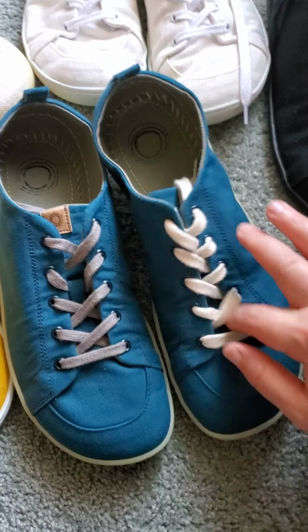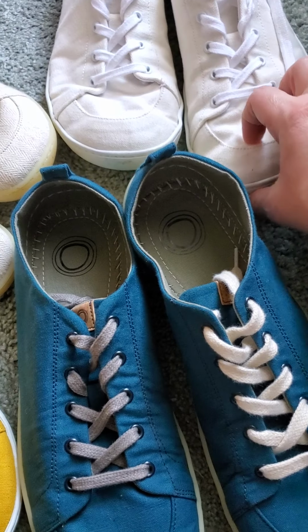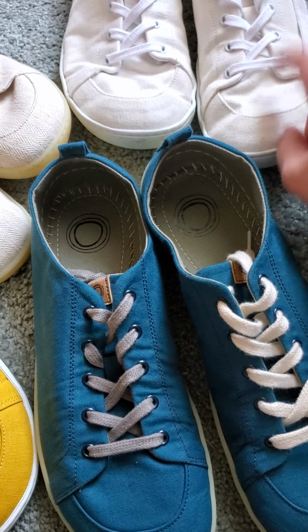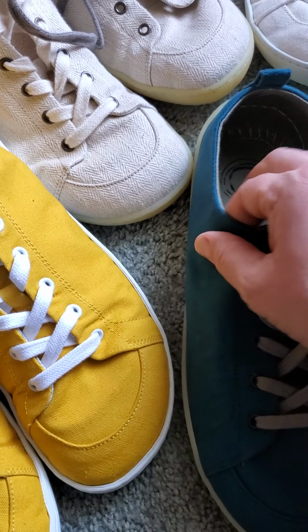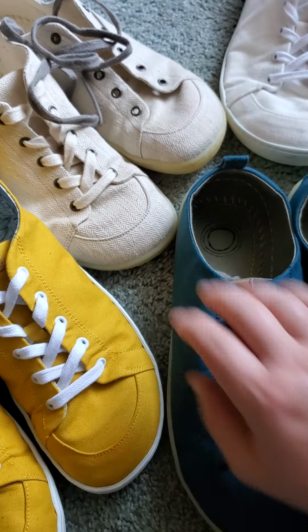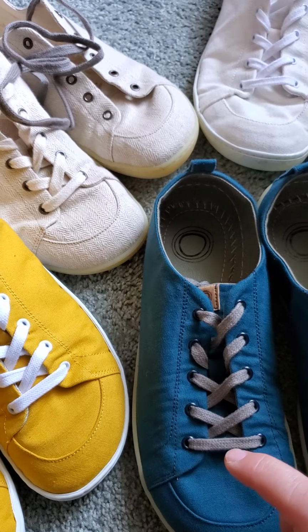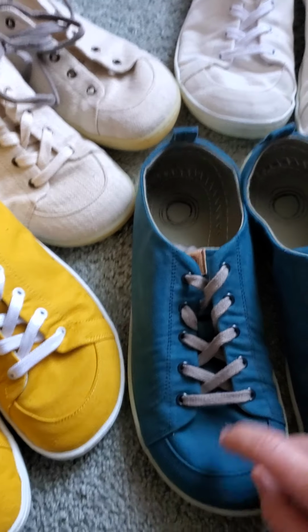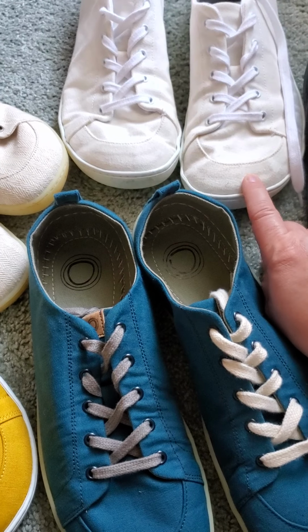But the different models, like this is hemp. This is a really thick, jeans-like cotton, which is the same as the one I tried. And then this is still pretty thick, but it's a little bit softer. So in these models, I feel really comfortable in 43s, and I can wear a thin to a medium sock just fine. These I went up to 44s, and yes, they're a little bit long, but I can wear double